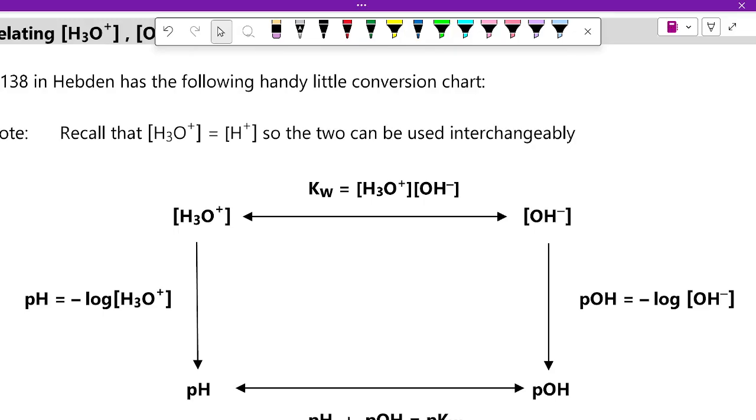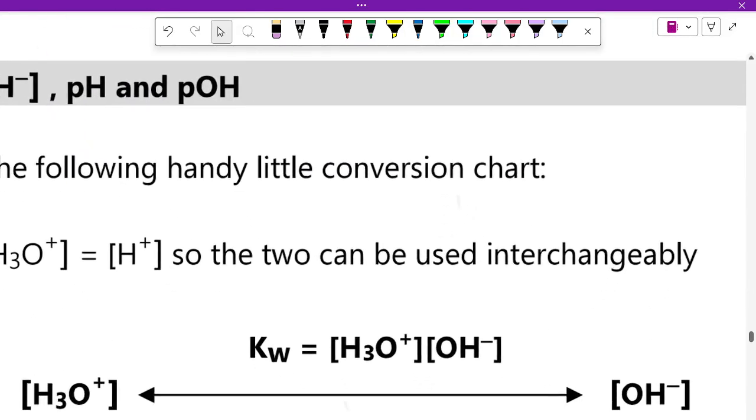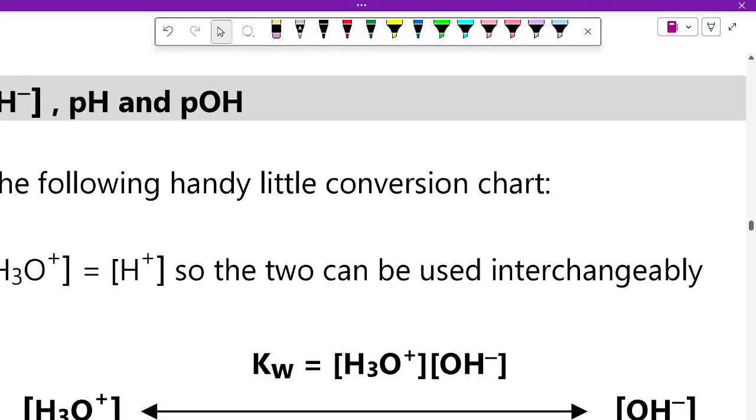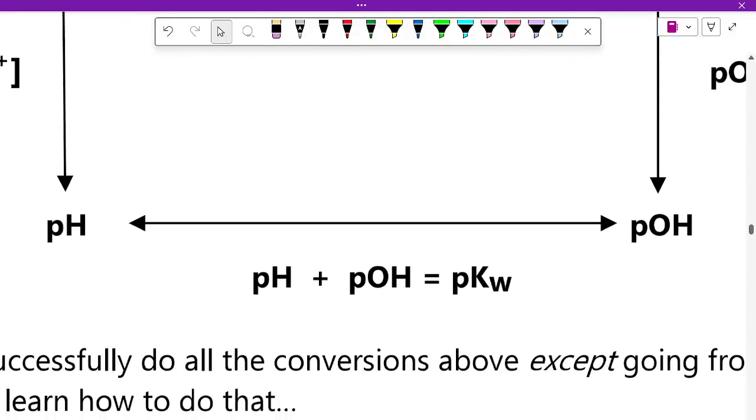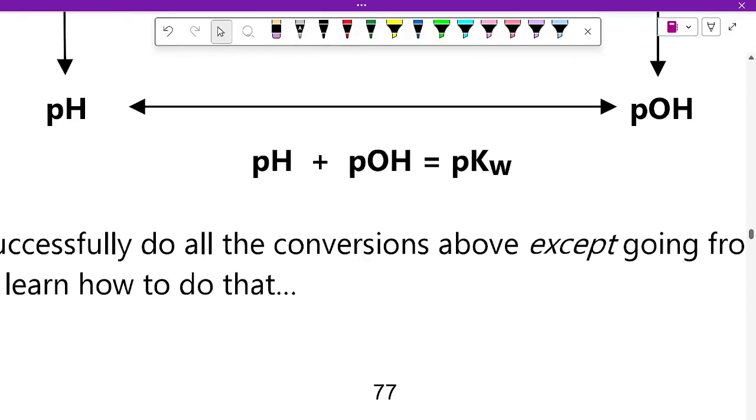If you want to go back and forth between hydronium and hydroxide, you're going to use Kw. If you want to go back and forth between pH and pOH,